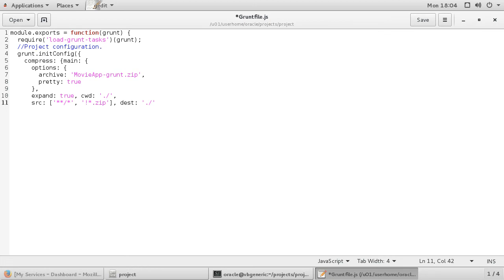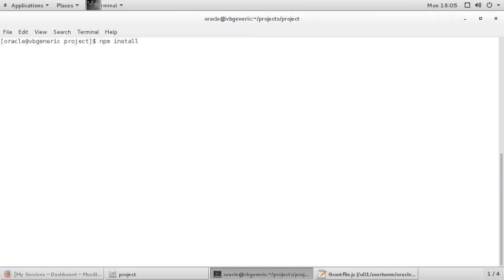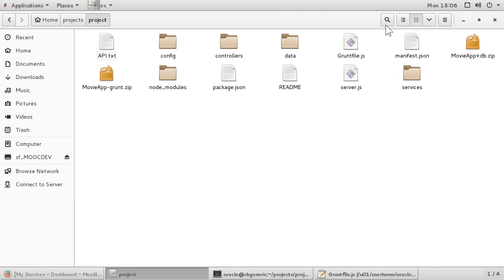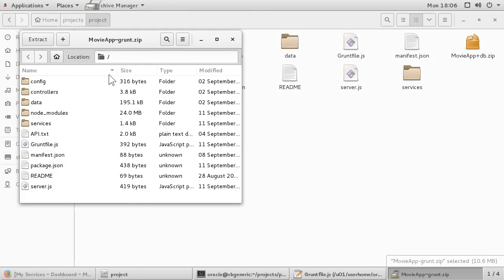Okay, now close all those objects until I reach the grunt init-config function parentheses. Before I finish, I must add the task that will be run when I run the grunt command in the project. I want to compress only, so I just need to register the compress task as default. Okay, it is done. Let's test it, run npm install in the project, and then grunt. And the bundle is generated and available in the application folder. And inside that bundle, there's everything I need to deploy in Oracle Application Container Cloud Service.